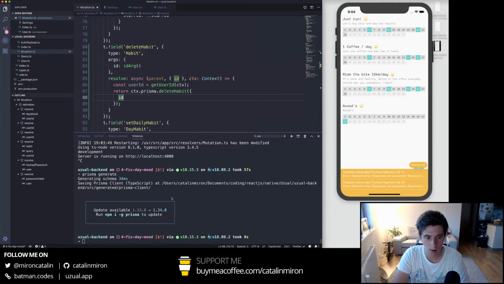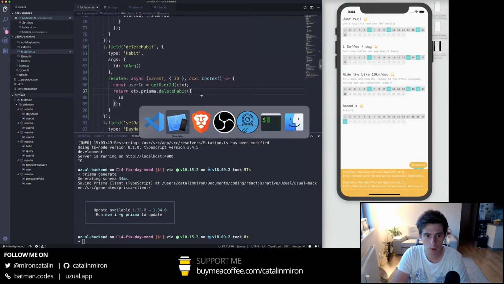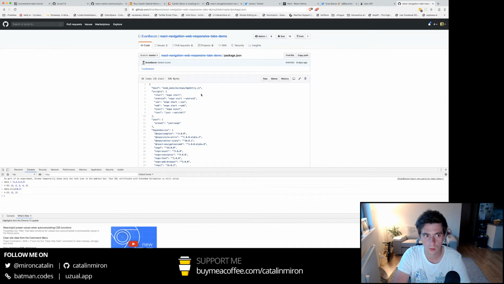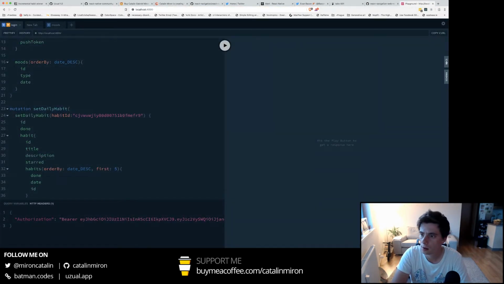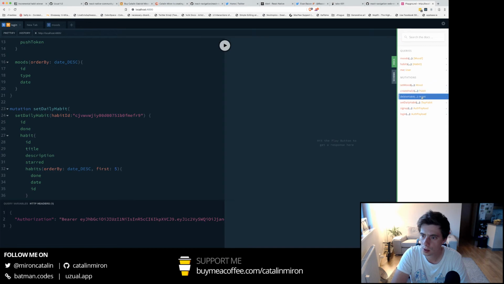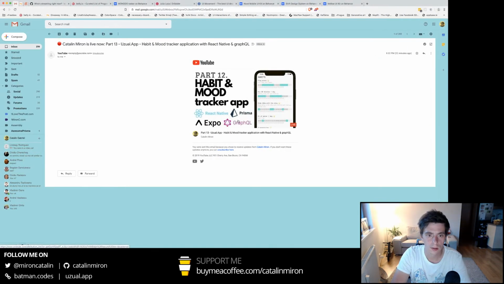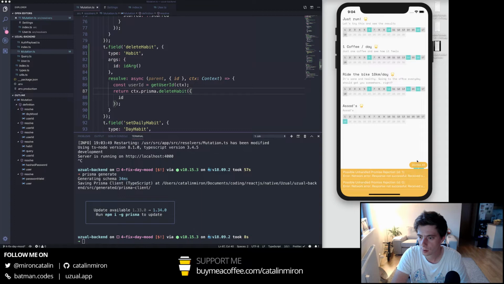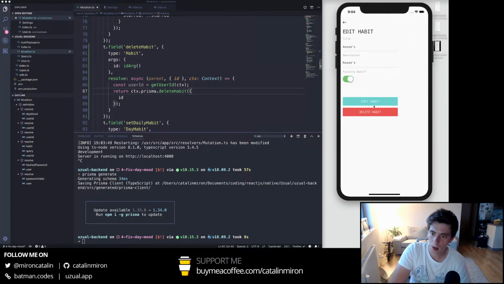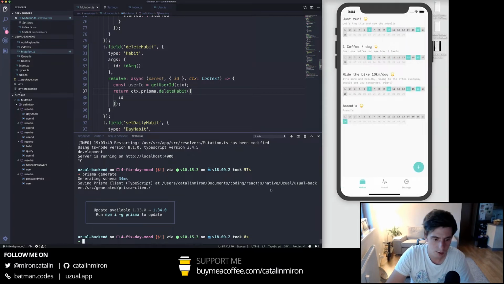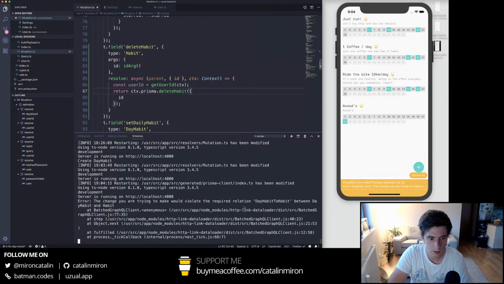Okay, and if I'm going to localhost in the docs, we should see delete habit, right? So now if I'm reloading, I should have the delete, like the real one, and it's not working, and that's because